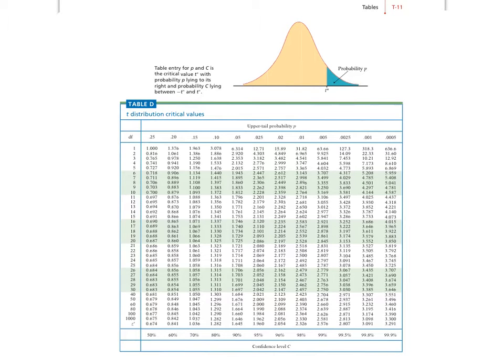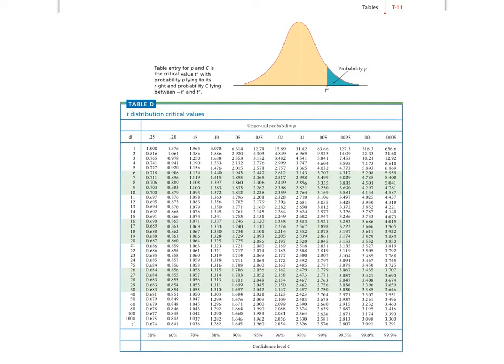Now, as mentioned before, we can't use the z-table when we're doing mean problems. The main reason we can't do it is because with mean problems, we tend to have a smaller sample size. If we have a smaller sample size, I'm not guaranteed to have a normal distribution, and the z-table relies on us having a normal distribution. So because I have issues with my sample size, a lot of times instead we'll use what's called the t-table